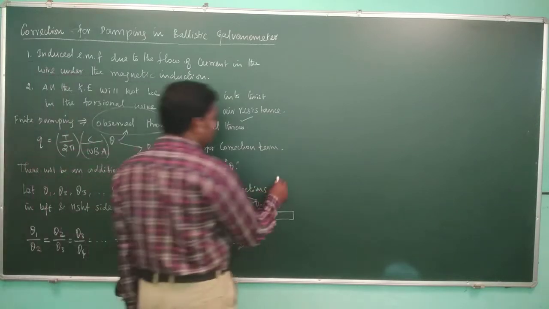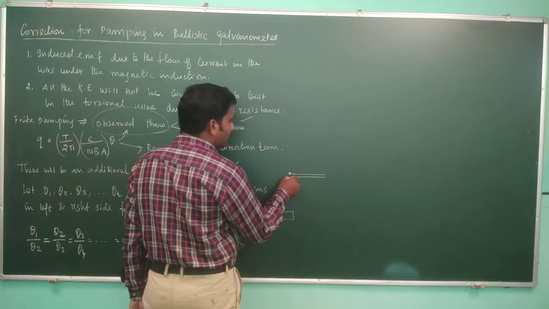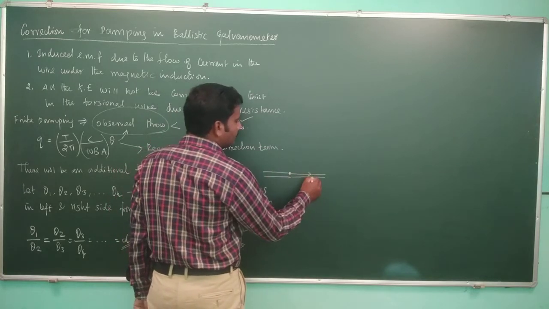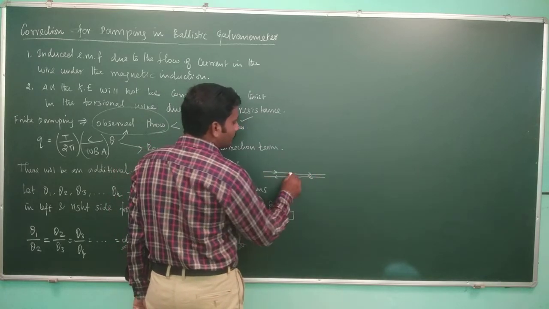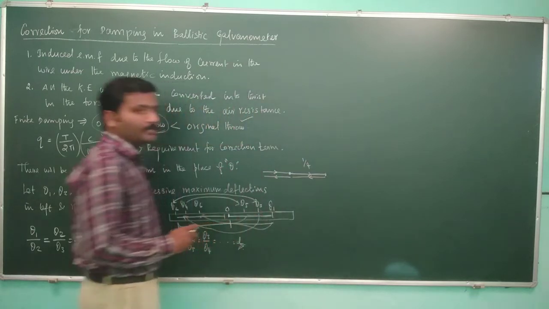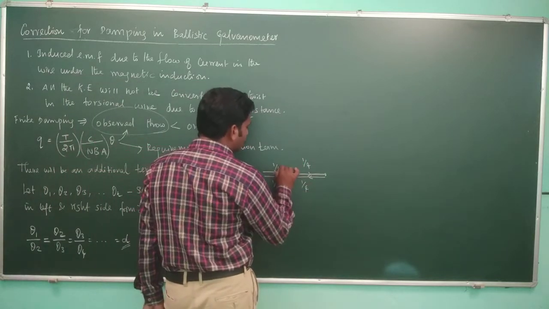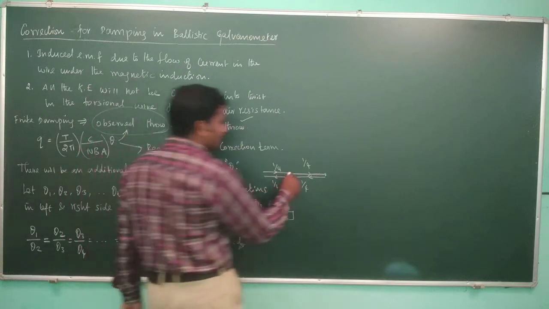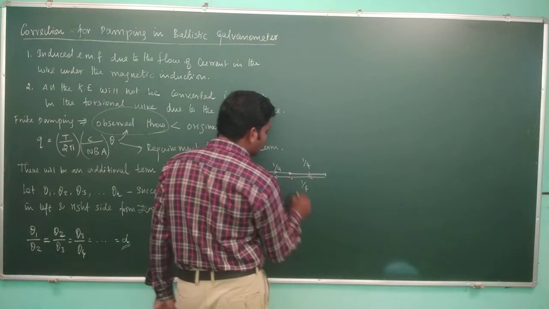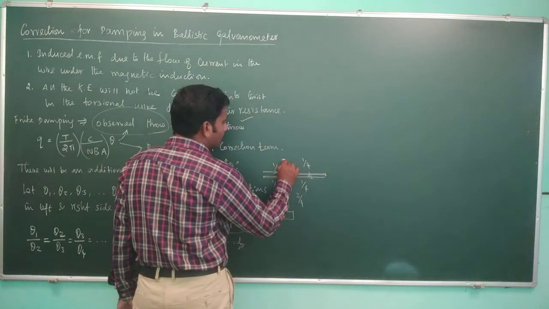One full vibration means starting from 0 to right maximum, then coming back to 0, then going to left maximum, then coming back to 0, right? So this is the trajectory. This one length is 1/4 of the entire vibration. So this is 1/4, this is another 1/4, this is another 1/4, this is another 1/4. Successively, this is 1/4, and if it reaches 0, then you can say 2/4. When it goes up to this point, then you can say 3/4. When it comes back here, it is called complete.